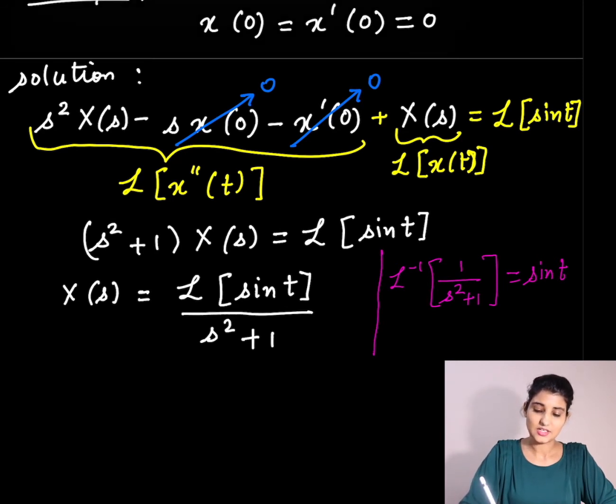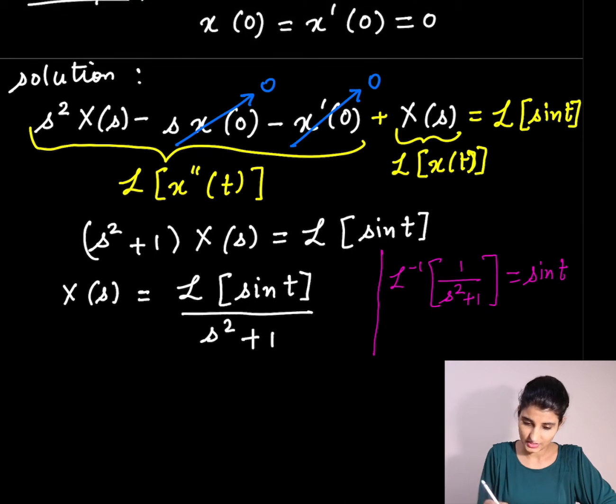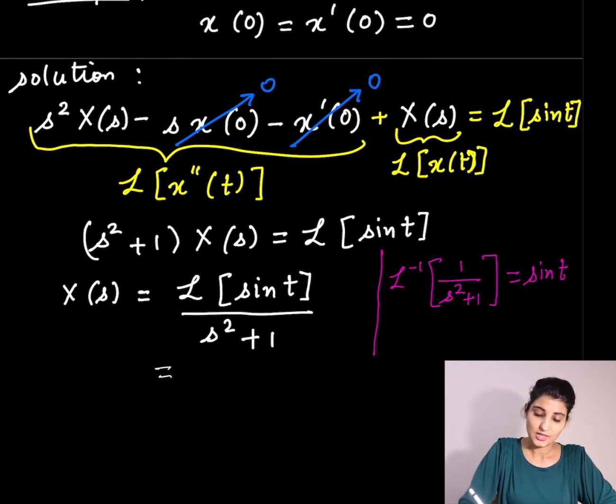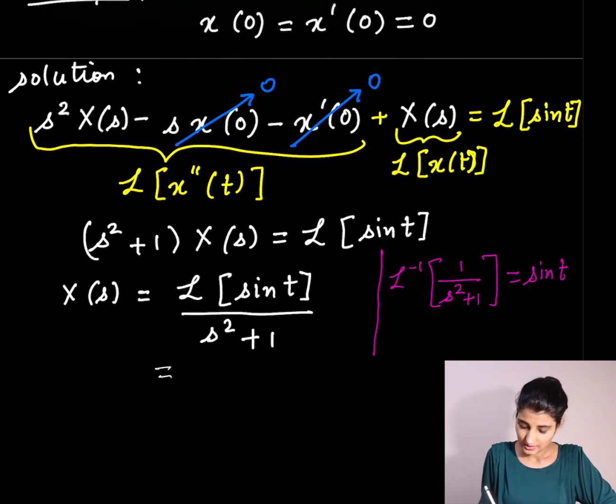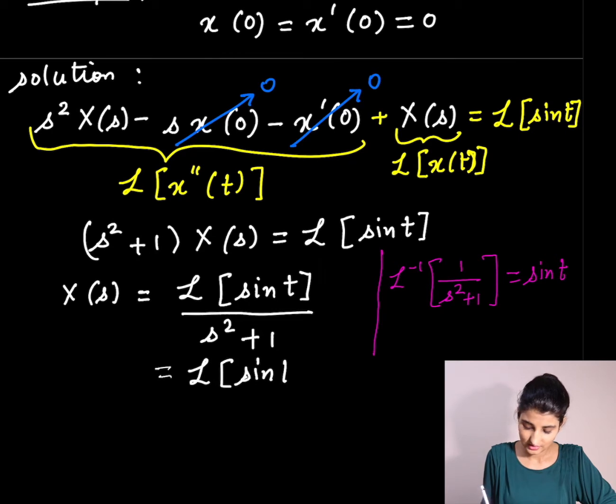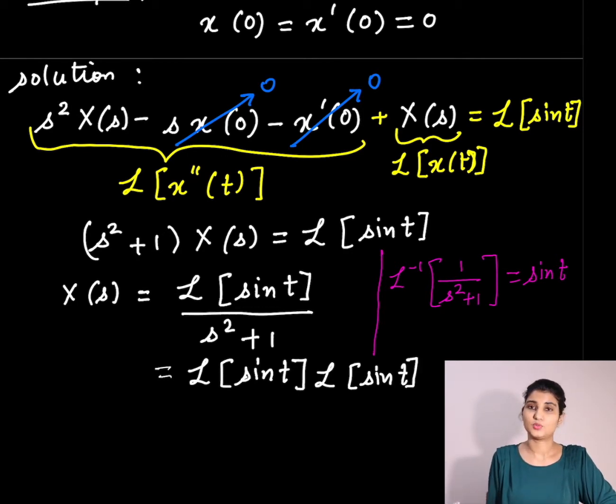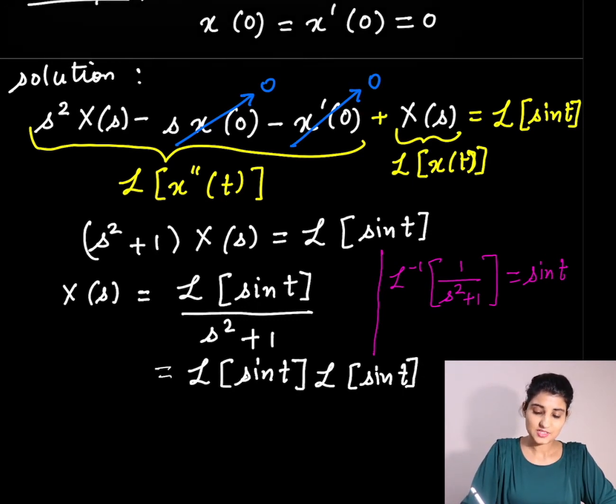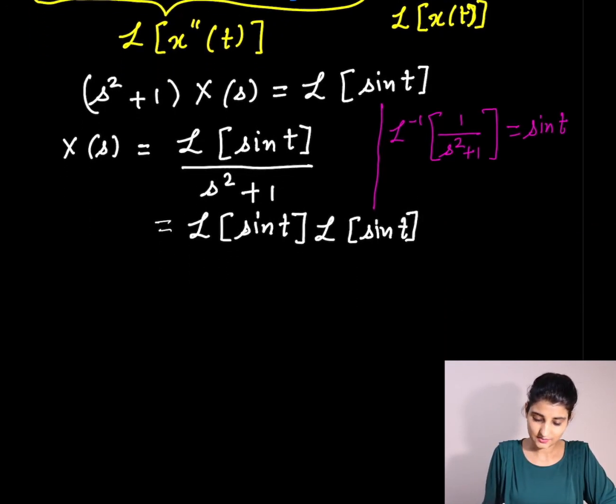So basically here we have the product of two functions: the Laplace of sine t times the Laplace of sine t, the product of Laplace transforms. So now if we take the Laplace inverse of both sides,